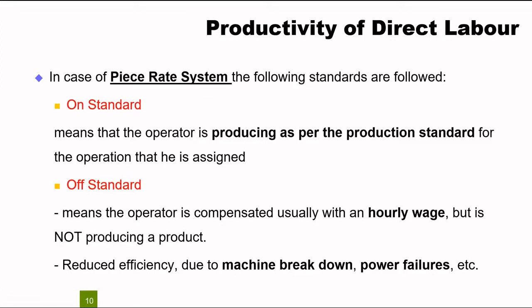Now, if you say that no, there's power failure or the machine is the problem and I'll not pay you the salary because you've not produced, they'll say we're sitting here. It's not our problem. We are not to be blamed. And you said no, no, we cannot pay you. Even if the machine is not working, when the machine is okay, please start producing, and we'll only pay you for the number of pieces that you produce. They will stop coming to your factory from the next day onwards